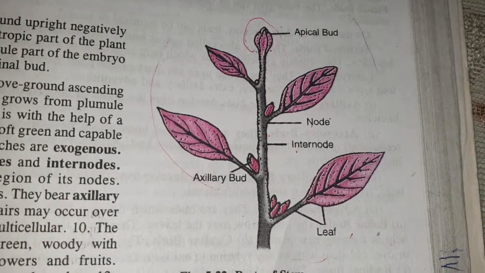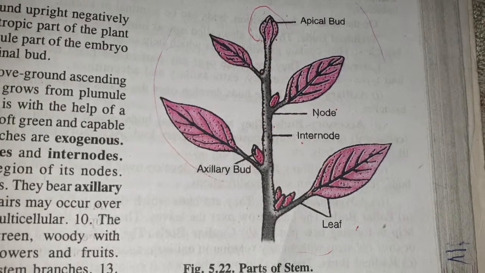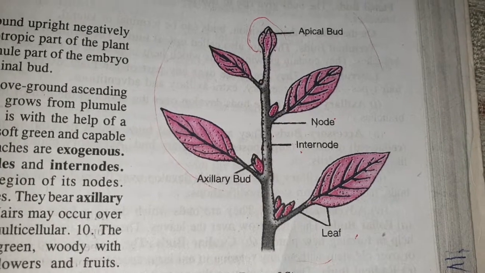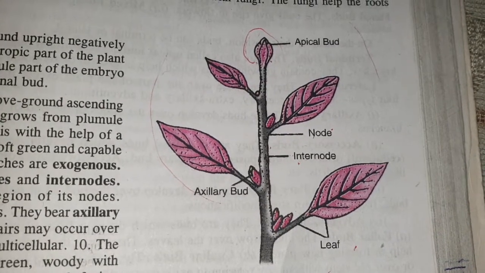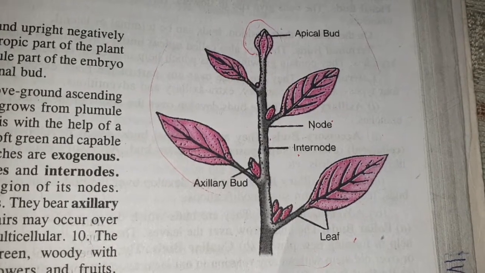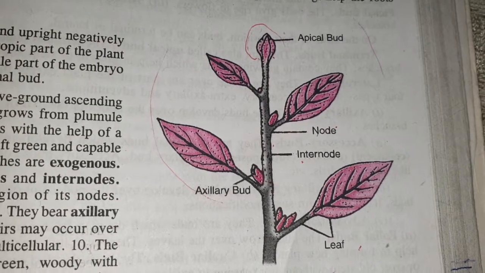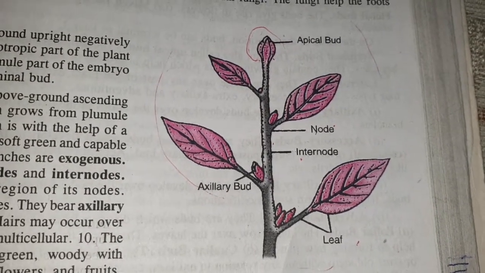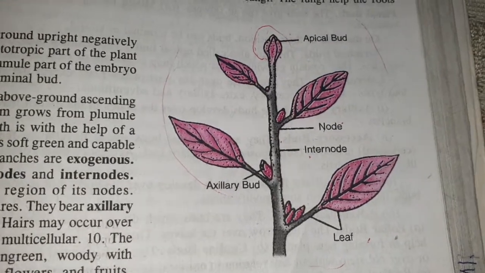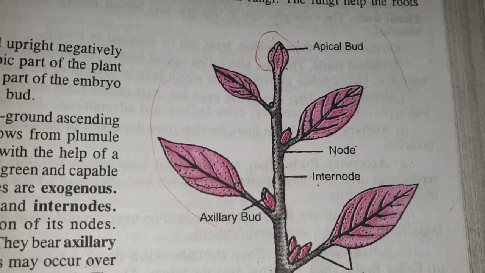Okay, now what is actually stem? It is the ascending part of the plant which develops fruits, flowers, buds, leaves. Okay, it develops from the plumule and is positively phototropic. That means it grows towards the light, isn't it? So these are the basic characters, or the definition of a stem. When we say what is stem, this is the ascending part of the plant.